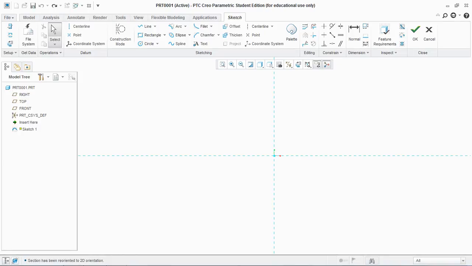Hello friends, today I'm gonna show you how to dimension the particular sketches and the various constraints used in PTC Creo Parametric 3. So let's get started. So let's say I have created a rectangle here